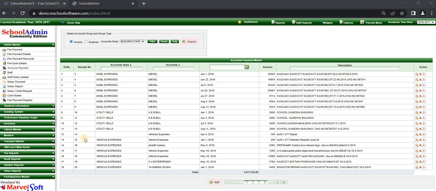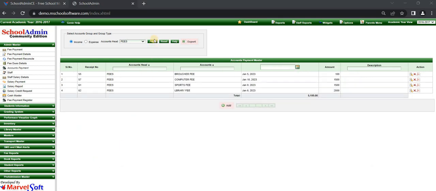If you want to see the income and expense payment, select the one for which you want to see. According to which you want, you can select here the accounts group and the group type. Firstly, I am selecting here the income and the accounts head as the fees, and then click on the filter. After clicking the filter button, you can see here the accounts payment master table, which you have selected the accounts head